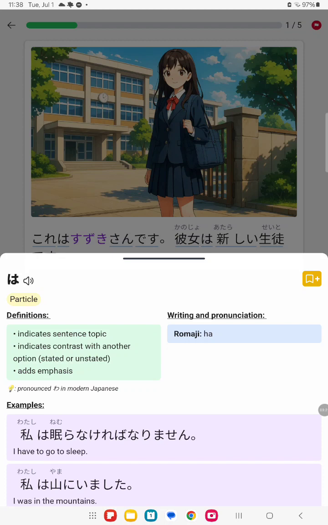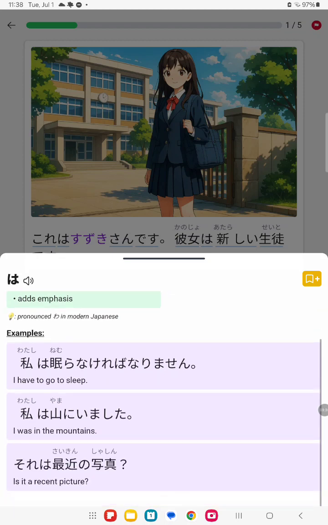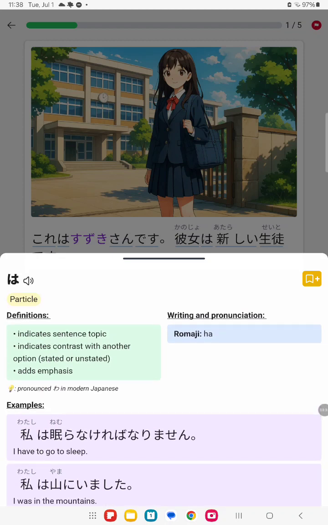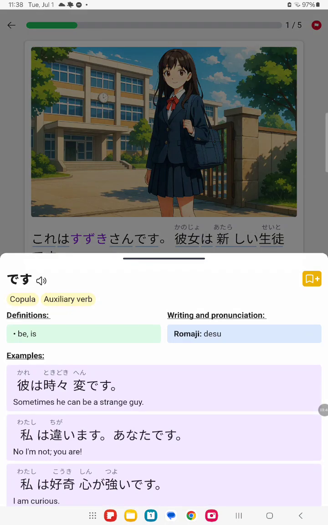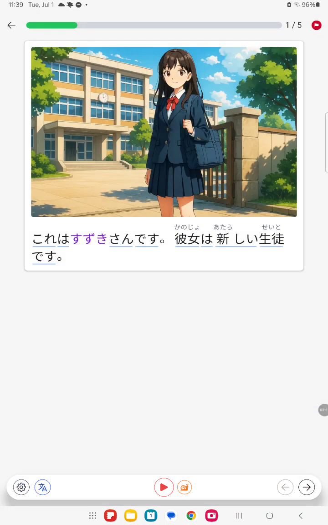Indicates sentence topic. Apparently, topic is something separate from subject. Korean also does this, by the way. That's the normal way to pronounce this kana, but when this is a particle, it is pronounced as that. I don't tap too much around because I have to keep time. これは鈴木さんです。彼女は新しい生徒です。